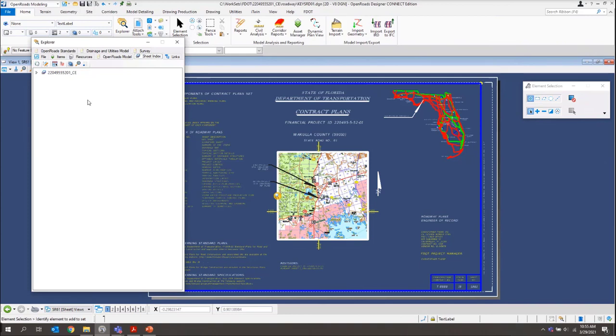And then what I want to do is I want to open my sheet index for editing. So I'll click on this pencil tool right here. And if you'll notice when I do that, I get a few more options along here as well. So, and then I can expand out my sheet index. And for this, I'll also need to open up my models dialog.